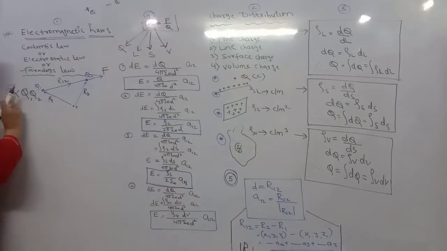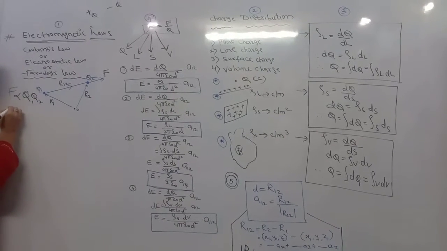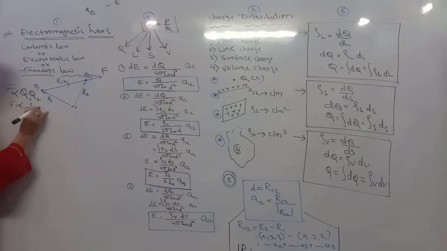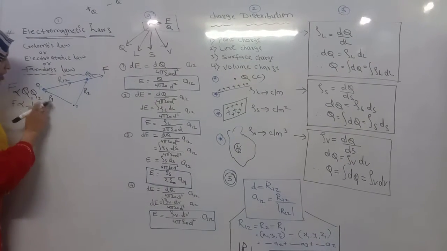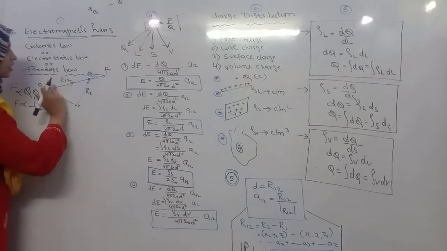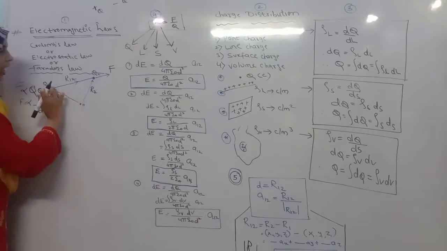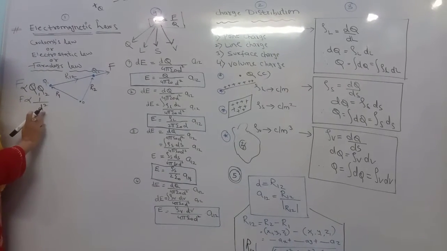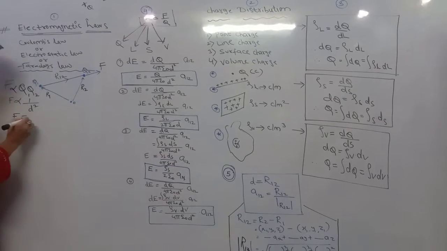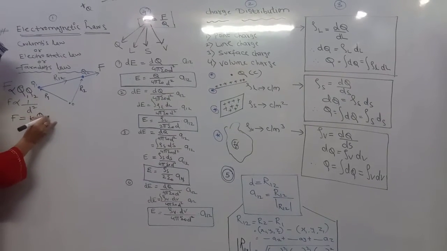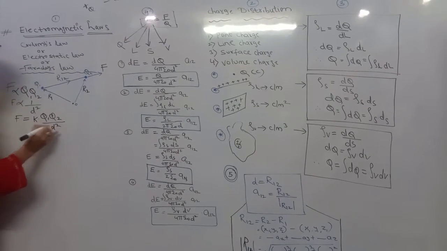So here the force applied is directly proportional to the two charges, 1 and 2, and inversely proportional to the distance between the charges. How much distance? This is one distance, this is the other distance, and the resultant will be the square of this one. That's what I am taking as the square term. But if you want to avoid this proportionality, K will be the constant term, whereas Q1 and Q2 are the two charges, and this distance will be as it is.